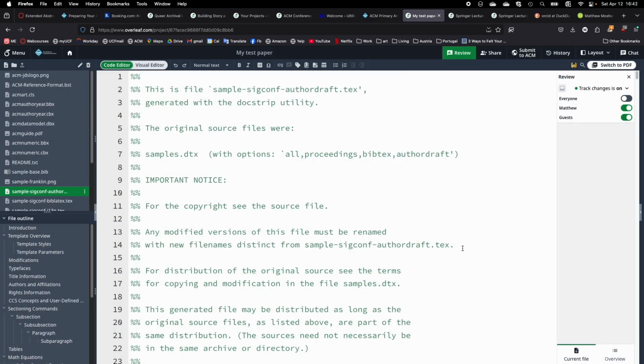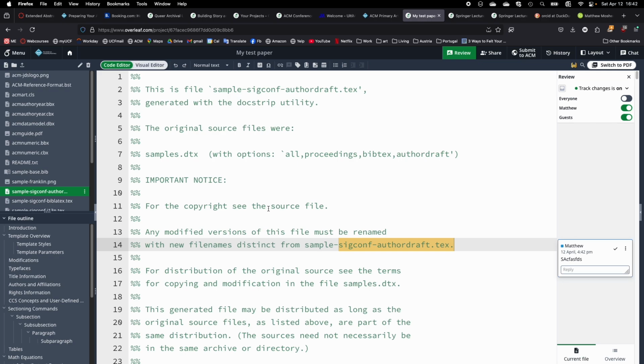And then the last thing I'll show you is if there is something that you don't necessarily want to change, but you want to make a comment on, if you've got this review pane open and you highlight something, you can add a comment or click the comment button up here, which will let you type some stuff and hit enter, and then there's a little comment over here in the review panel about that text that was highlighted. Okay,